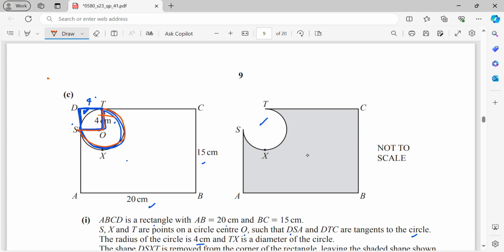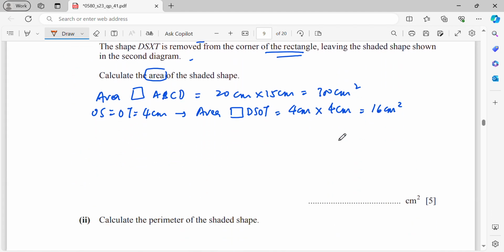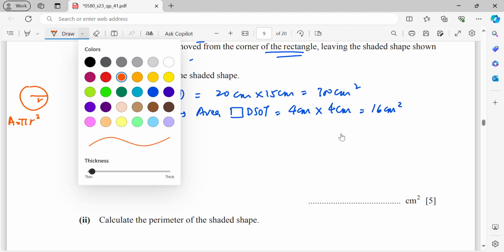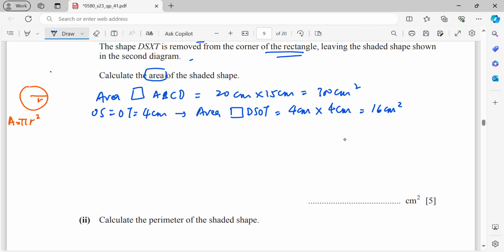Okay, remember the R is still 4. Here is 3/4. Right? So we know that the area of a circle with R is pi R squared. That is the area. So now I'm removing 3/4. So the area of the major sector